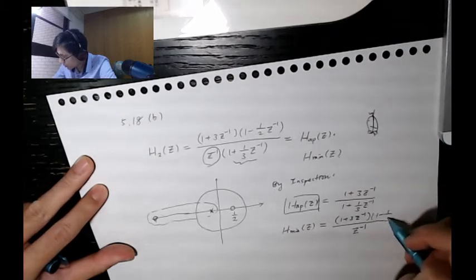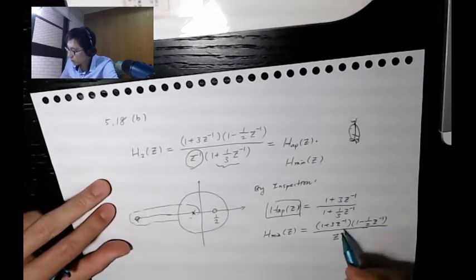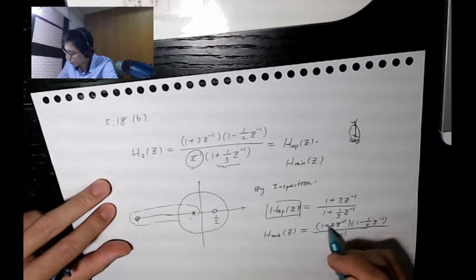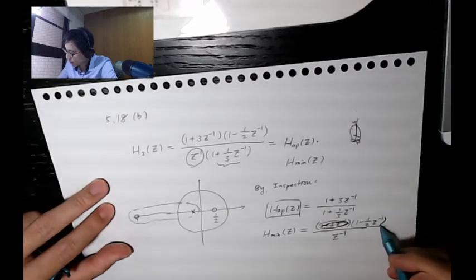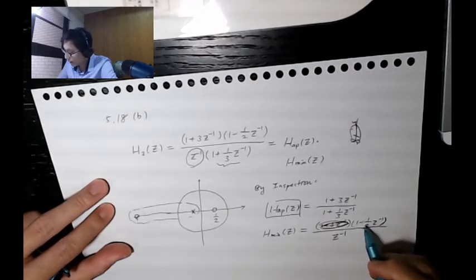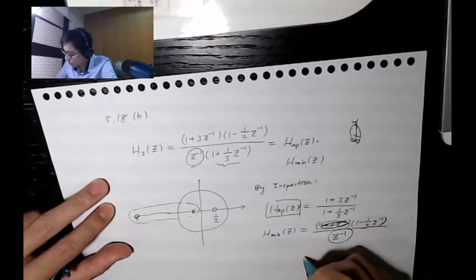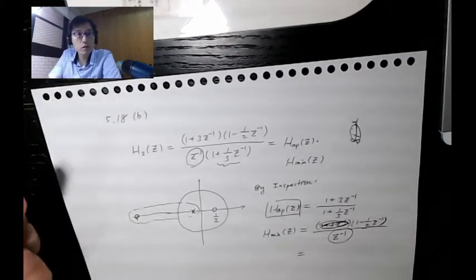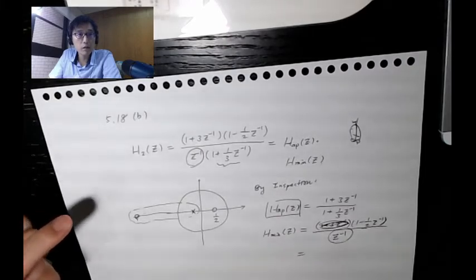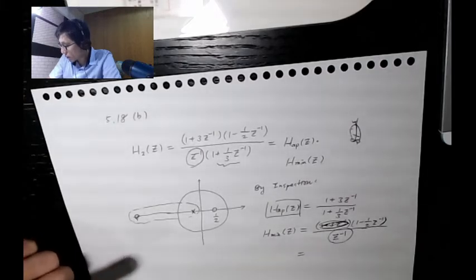1 minus. So here we do have what? This is gone. This is also gone. Okay, so the remaining part on top, we have a 0 inside this circle, and at the bottom, what do we have? We have nothing. So this is getting back to the old issue. How do we deal with the z inverse itself? Do we count that as a pole at 0 or a 0 at infinity, right?